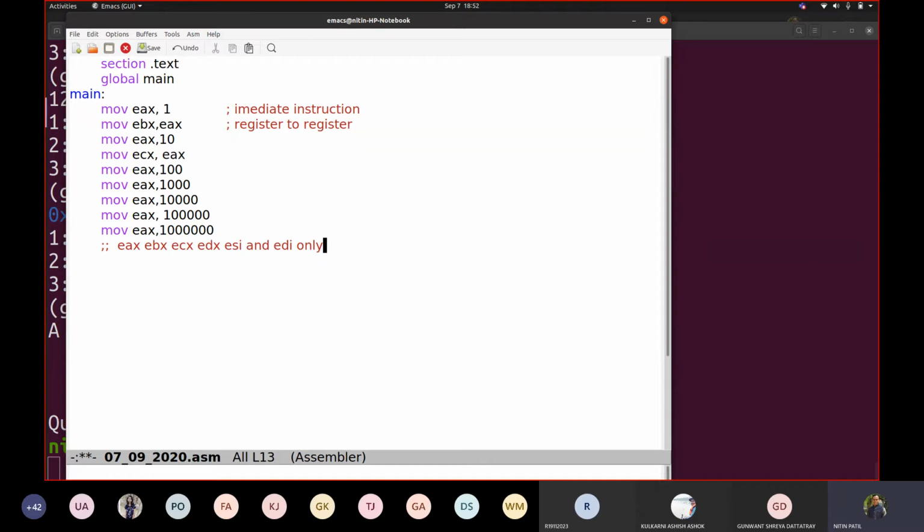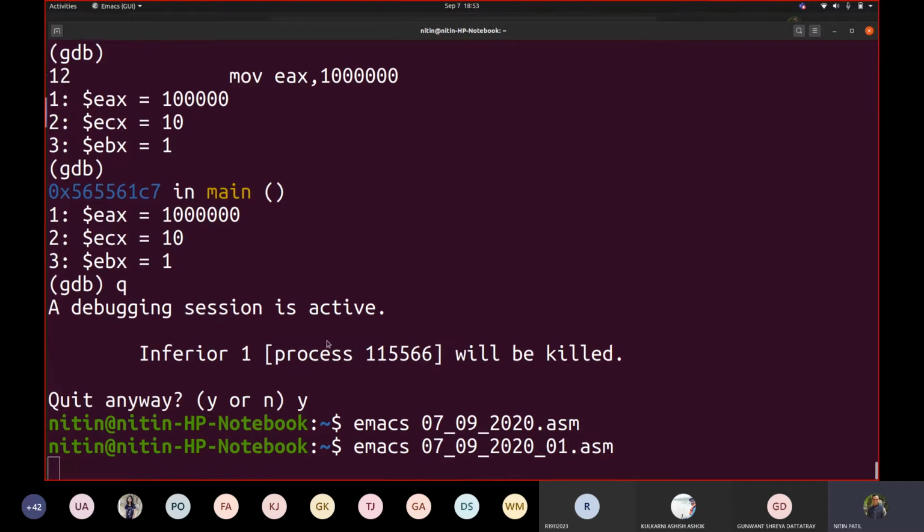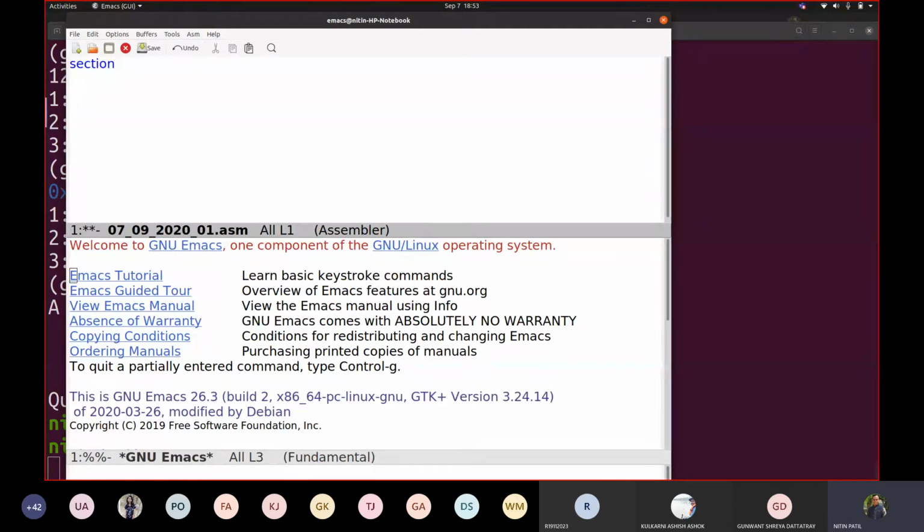Okay. So in today's session, we will try to write a code. I will save this code so that I can pass it on to you, so that you can work with it. So let me write now 01. Okay. So code would be section dot data. Let us not take data. We'll directly go with text. Global main. You should not forget writing this every time. Okay, so move EAX comma 10, move EBX comma 20, add EAX comma EBX.